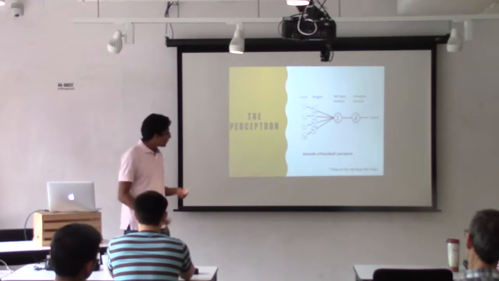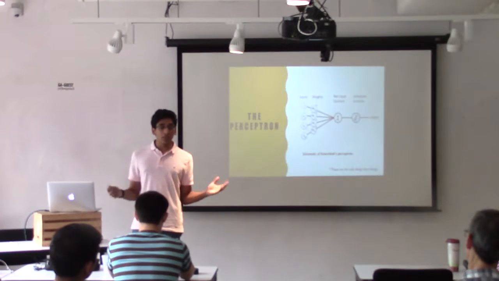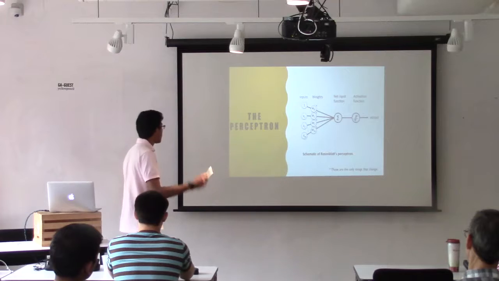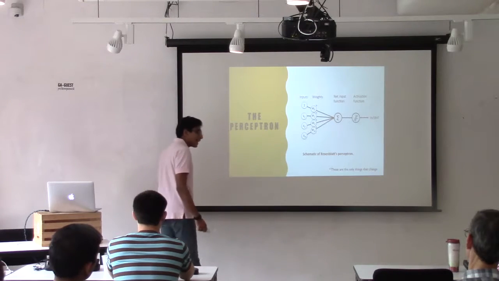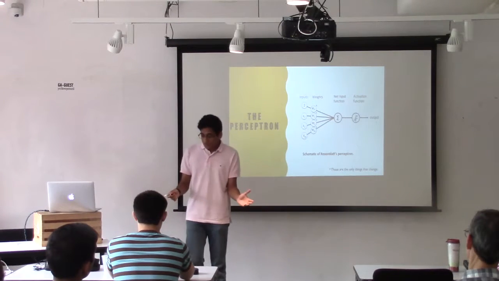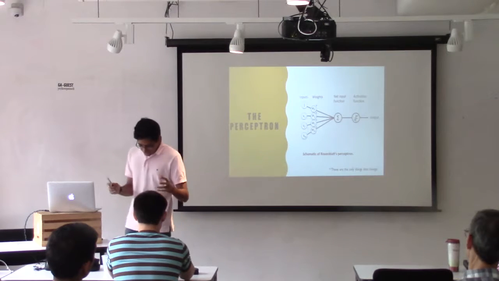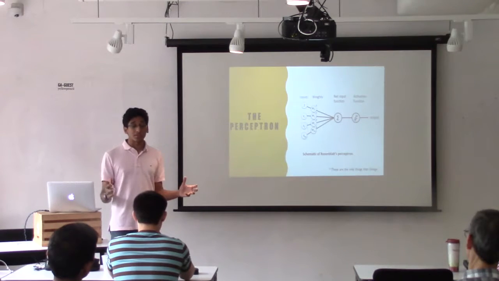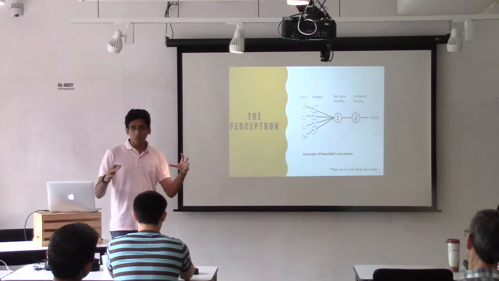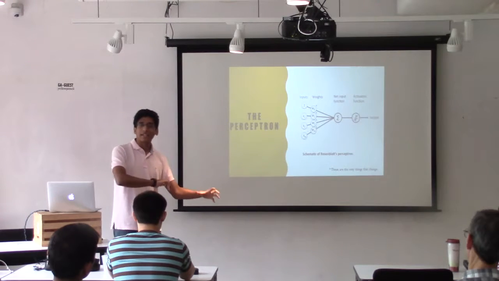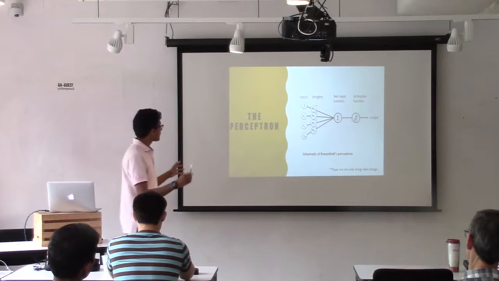So the perceptron is the fundamental unit of the neural network. It is the powerhouse of the neural network. And it's actually very simple. Now, the beauty of perceptrons is that they are just functions. That's it. They're things where you shove in inputs and get a single output. Now, how does that work?